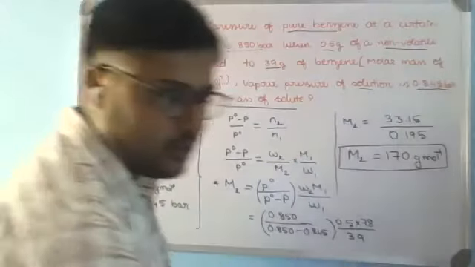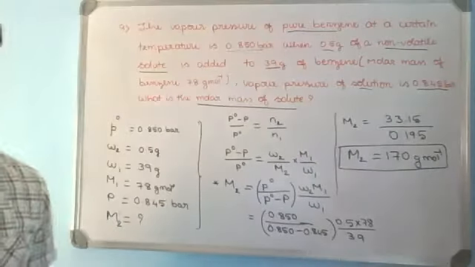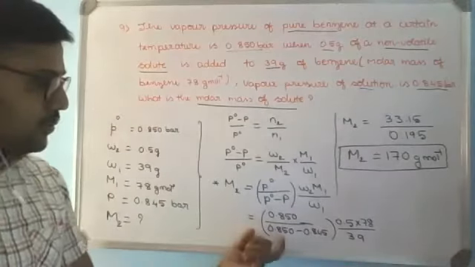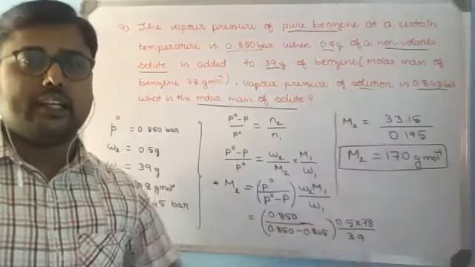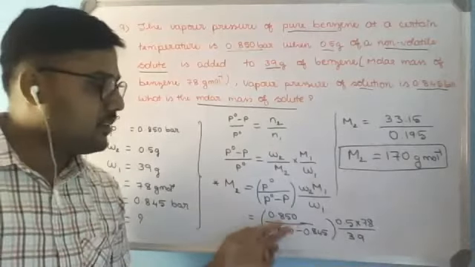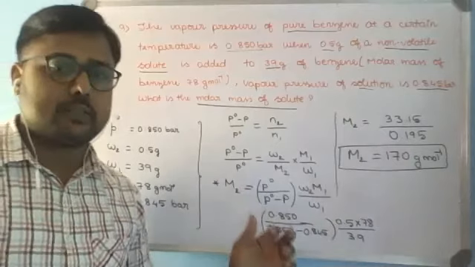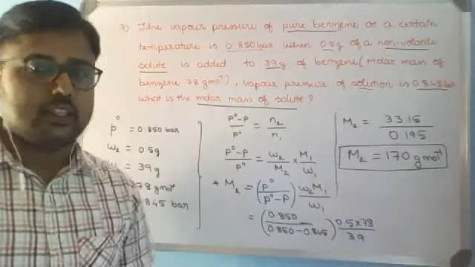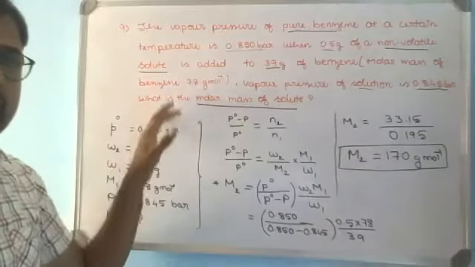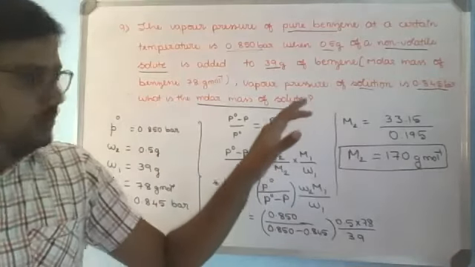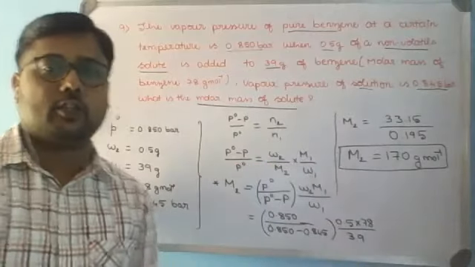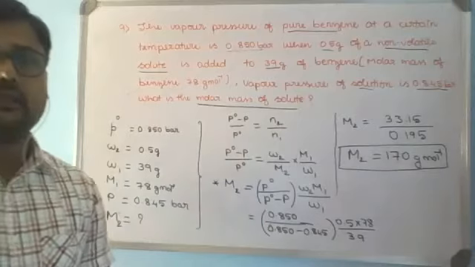You can observe how easy the problem is. Once the rearrangement step is clear and the given data is segregated in a proper way, substitution will have a simplification in 2 or 3 steps. So don't make any simple mistakes in the simple mathematical operations. If the steps are more also, no problem. Do it carefully and get the answer. Hope the solution is clear. So give first importance to gathering the data, then substituting with the correct formula and getting the answer with the unit. Hope the solution is clear. So we'll continue with the next problem.